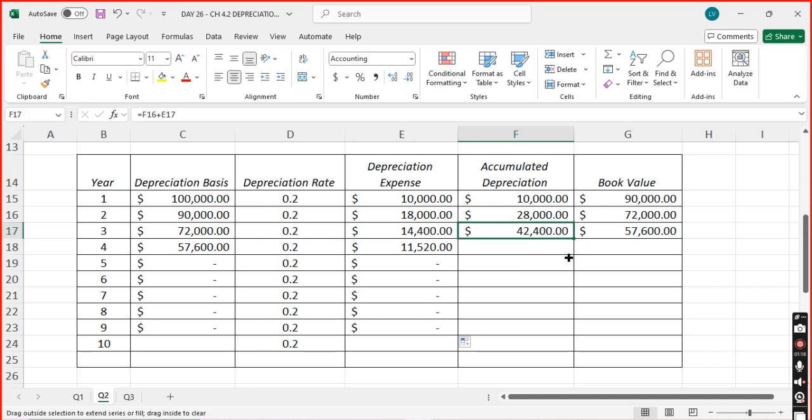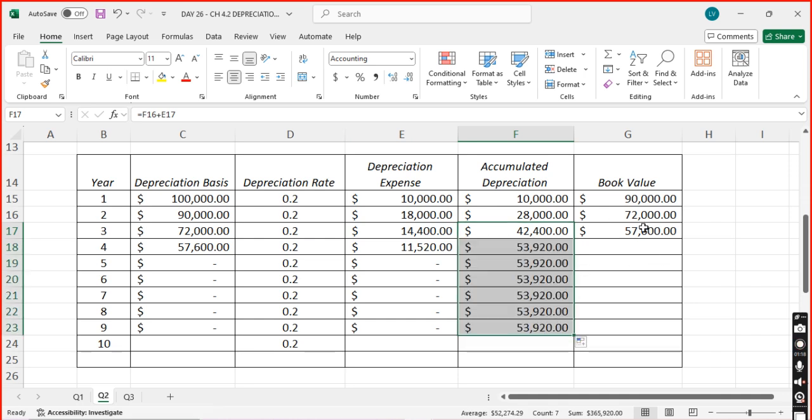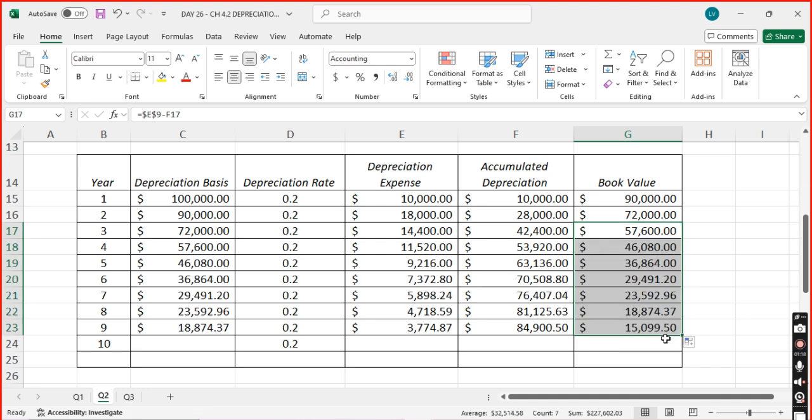And again, pull this down to the 9th year. And therefore, pull this down to the 9th year. And all my formulas should pan out. Okay, that 57, right, to